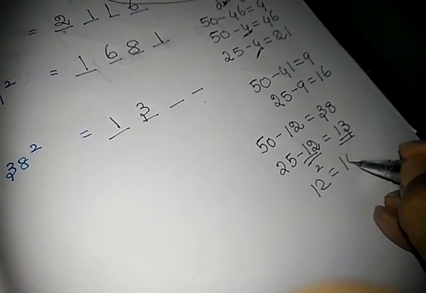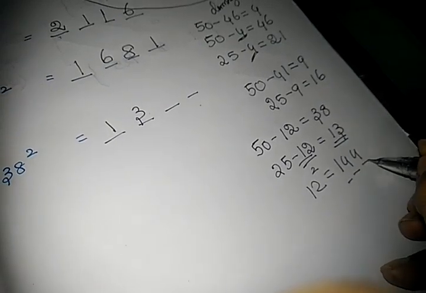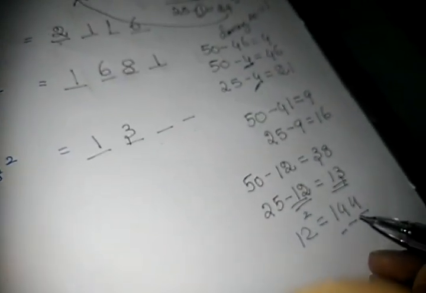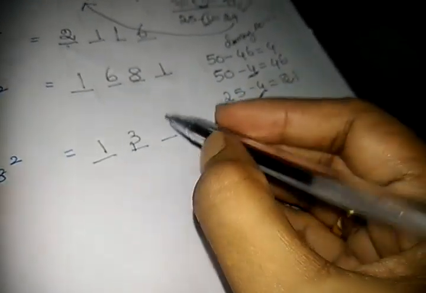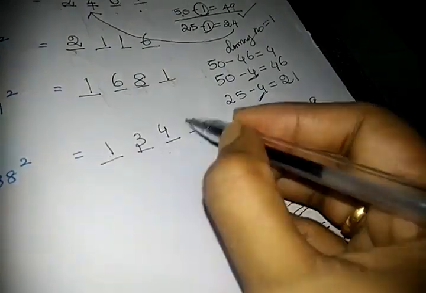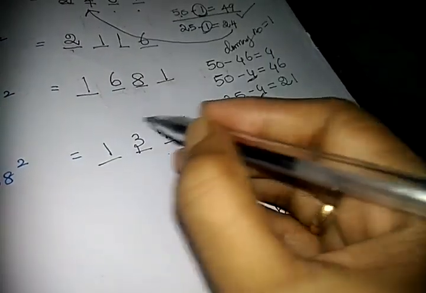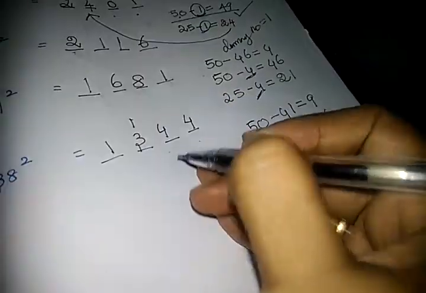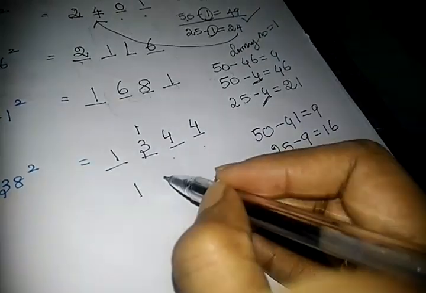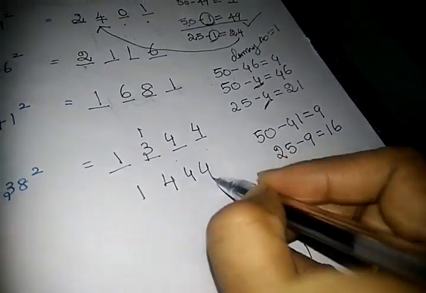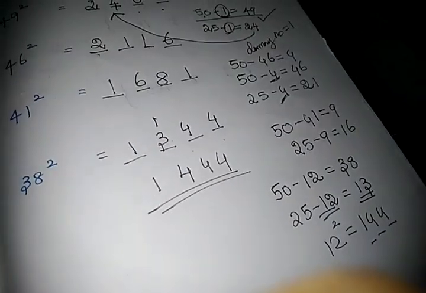So what is 12 square? 12 square is 144. Note down here 3 digits, but here only 2 places are available. These 3 digits ought to be placed in these 2 places. How? Write down the last 2 digits and the extra 1 is to be carried forward. So my answer is 1444, and that is the trick. Now try to find 98 square and 81 square.